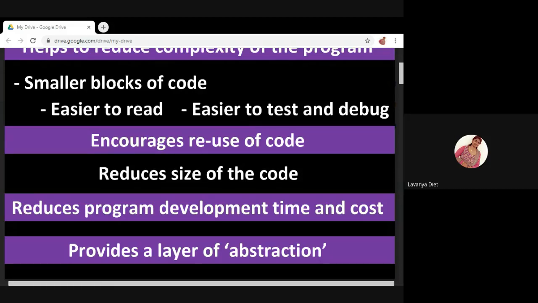So instead of writing the repeated steps, you can use the function so that the size of the code will also be reduced, and you can reuse the code whenever required.